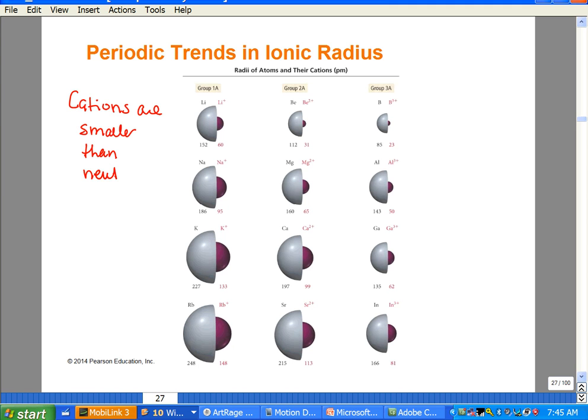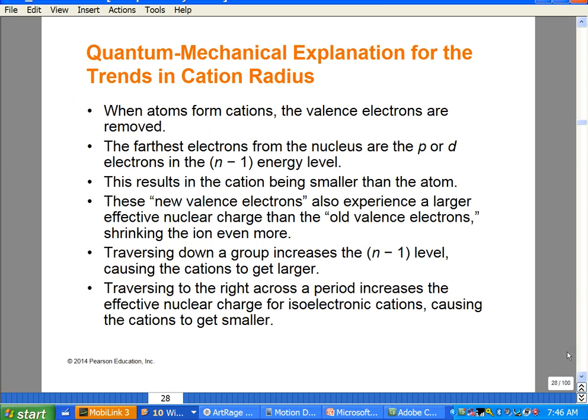The anions, on the other hand, are larger than the neutral atom, because you are actually adding electrons on, so you're increasing their size. So, looking at some of the examples that we looked at in class,